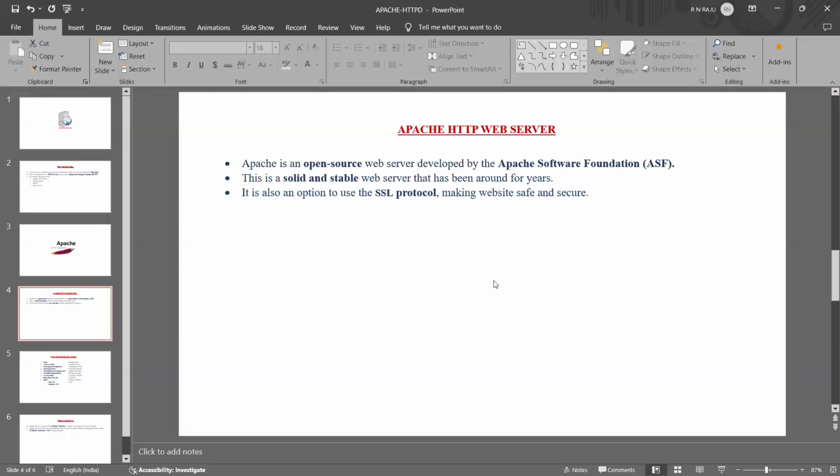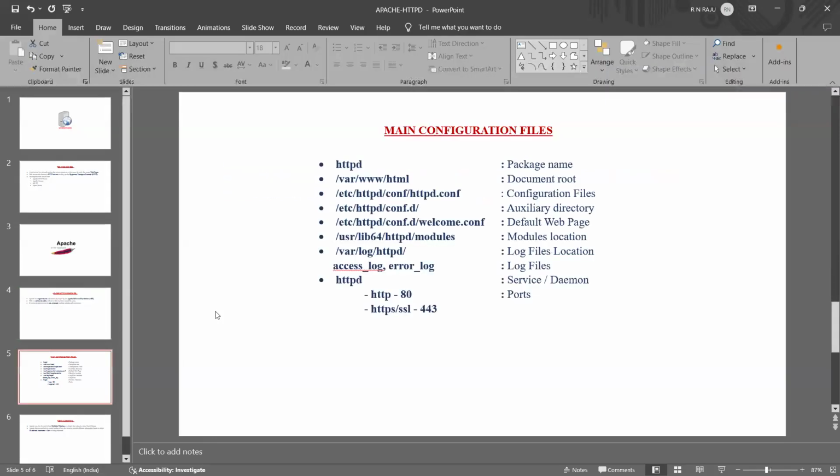Okay, before building HTTP web pages on the HTTP web server, let me discuss the pre-configuration. What are the main configuration files for the server? So guys, the package name is httpd and the document root location is /var/www/html.